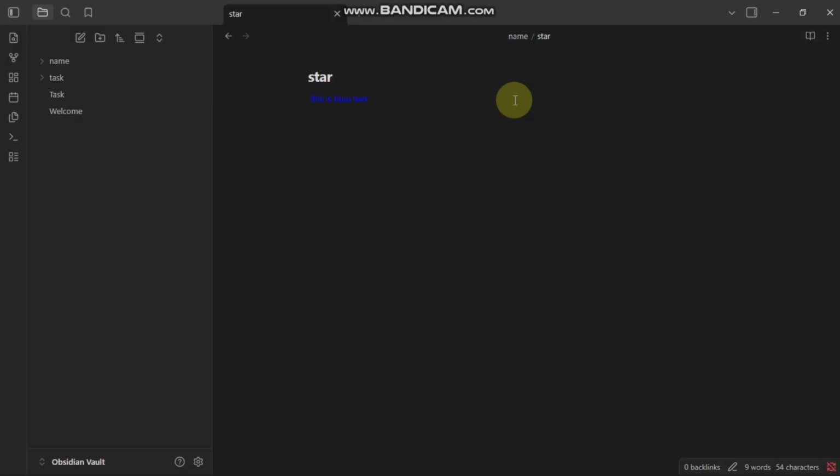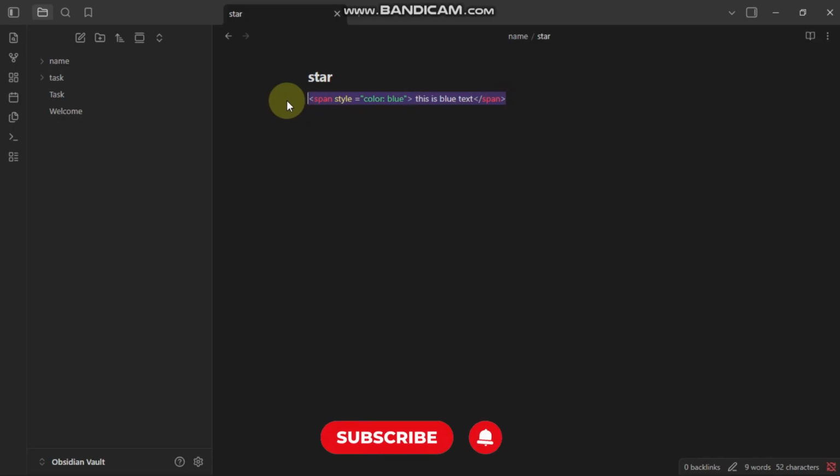If you ever want to remove the color, simply delete the span tags and keep the text itself. Since the formatting exists directly in the note, your chosen colors will remain consistent even if you switch Obsidian themes later. And that's it. You now know how to change font color in Obsidian Notes by creating a note, using